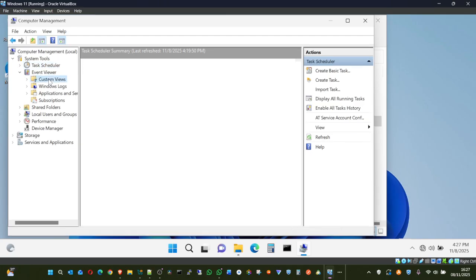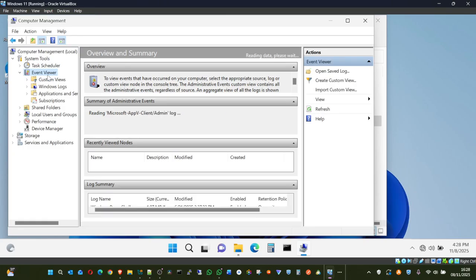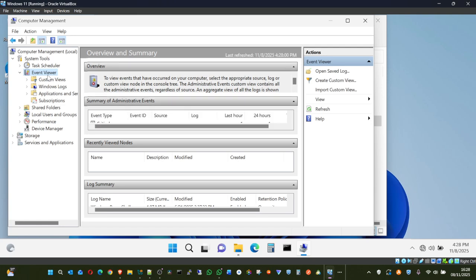So looking at event viewer, every action that you take on a computer is being logged in event viewer. And most people think they can outsmart a system. You may not be able to outsmart a system, except the administrator did not really take time to configure the system as expected according to best practices.